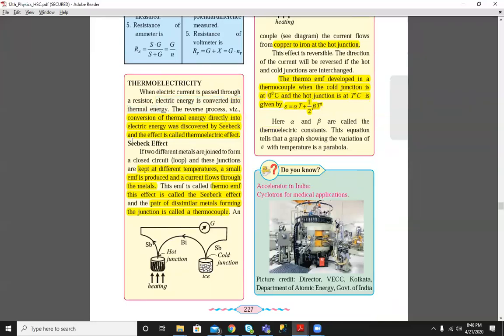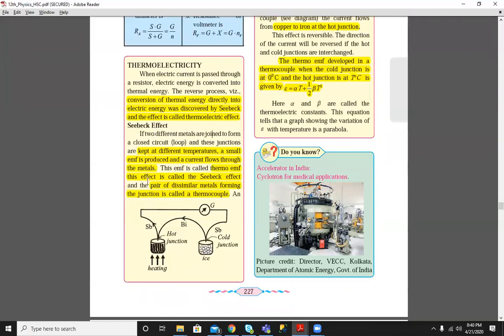So Seebeck is a scientist, he thought that if electrical energy can be converted into thermal energy, then there must be a reverse process also. Thermal energy can be converted into electrical energy. So he discovered the effect, called the thermoelectric effect, the conversion of thermal energy into electrical energy. So he connected two different metals, and kept these two metals at different temperatures,